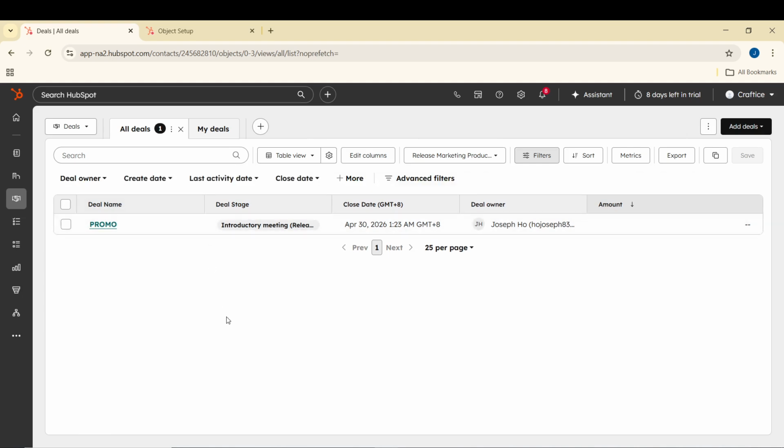Next, select the records you want to edit. Use the checkboxes to the left of each record to select individual rows. If you want to select every record currently visible on the page, use the checkbox in the header at the top of the table. This selects the entire page in one click, which is helpful when you are working with